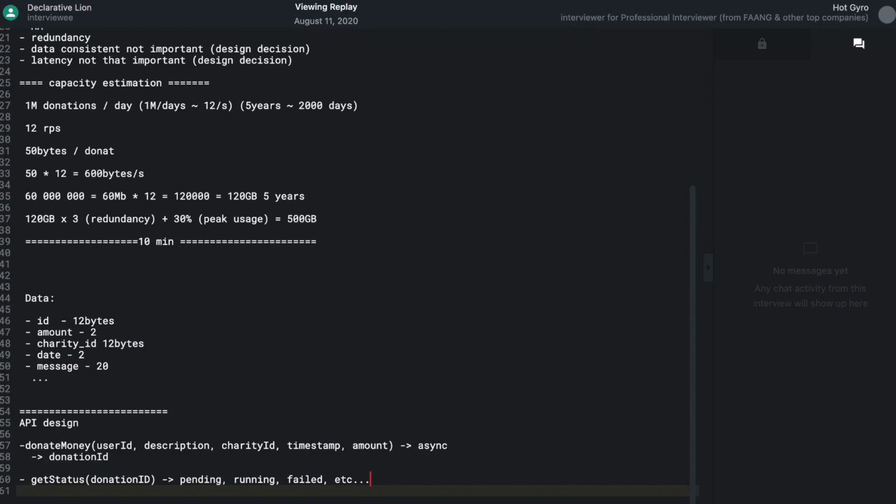The synchronous approach will be harder to actually design because you have to talk about all the different things that could go wrong here. So once you have the API design complete, then when you switch to the diagrams, you can really explain how that API call will work end to end through your system. And I think all this here on the coding page will provide you clarity on how the block diagrams will fit together. So let's switch over to the block diagrams and talk about what you did and some of the feedback there.